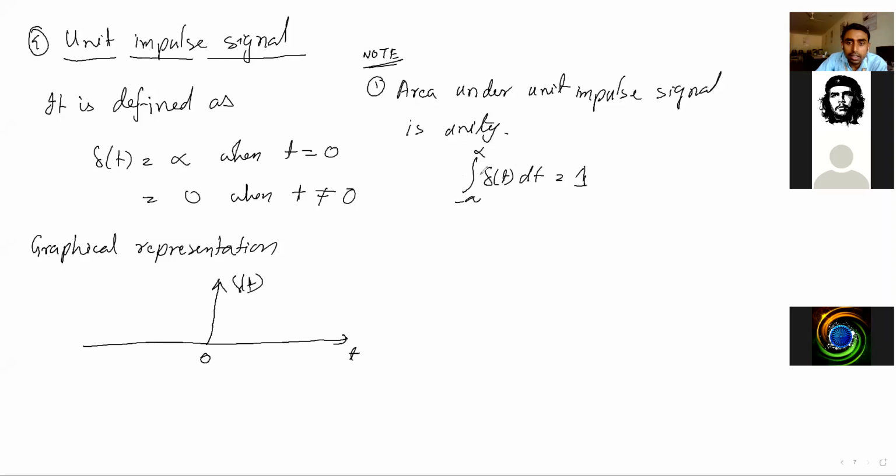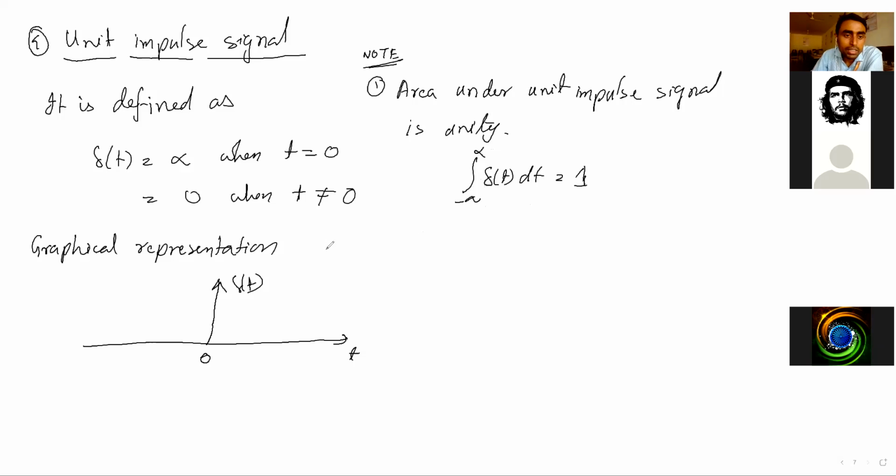So you can see that we know that this integration of any signal gives the area enclosed by those signals. So integration is nothing but it gives the area of a signal, from lower limit to upper limit, where the limits show the existence of the signal. So second note you can say, or another thing is that, okay,